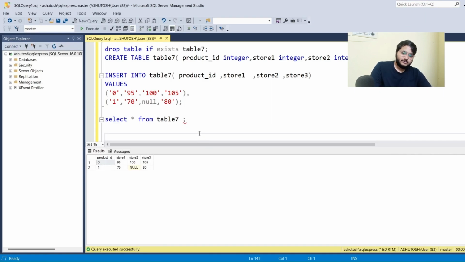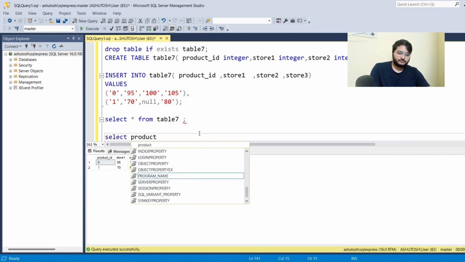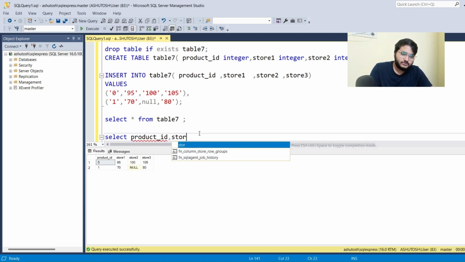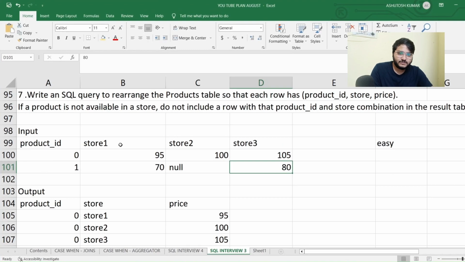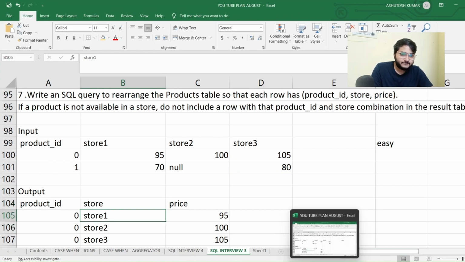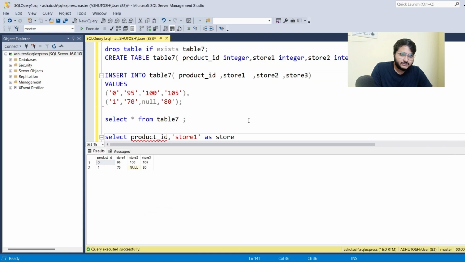Okay, so I'll just write here select product ID, comma, and we just write store 1 as the store. So you can see the second column name is store, and I'm just hard coding this as store 1, and